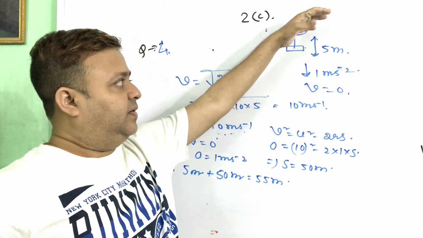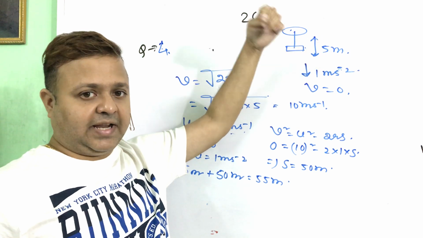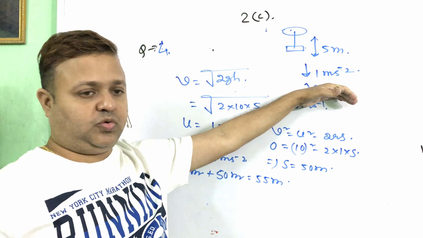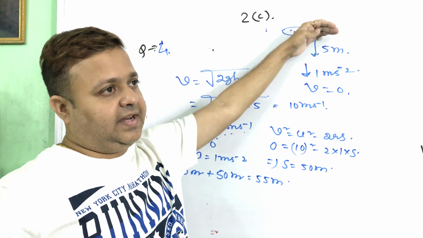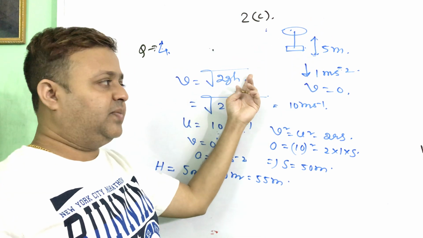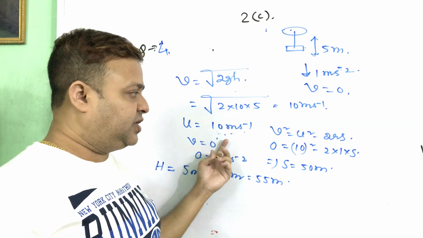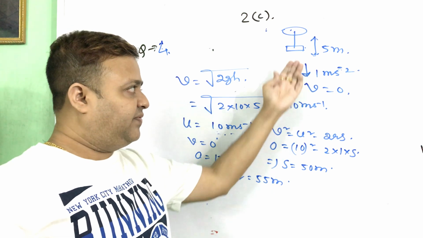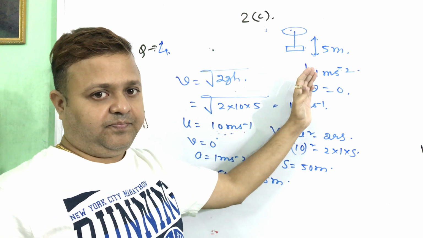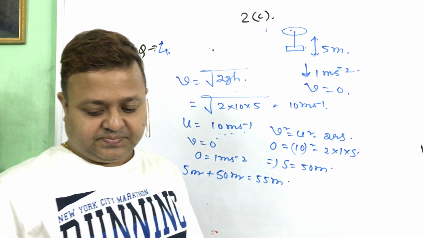The man is falling freely up to a height of 5 meter, then the parachute is open and it decelerates at the rate of 1 meter per second square, and the final velocity of the man is 0. The final velocity when the man is free falling through the air is root over of 2gh, that is 10 meter per second. After that the parachute is open, the final velocity is 0, retardation is 1 meter per second square. Then we can find the distance through which it is retarded. So the total height is 5 meter plus 50 meter, that is 55 meter.